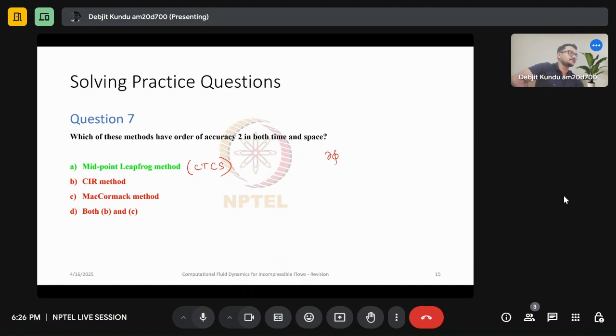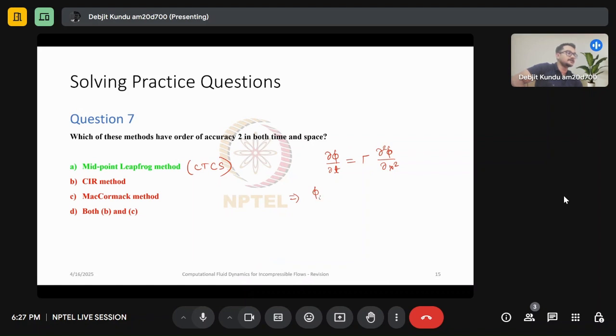If your original equation is something like dou phi dou t equals gamma dou 2 phi dou x squared, then you discretize it as,